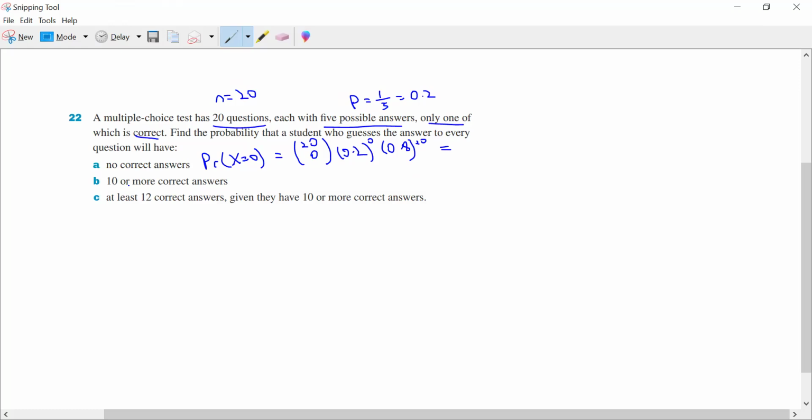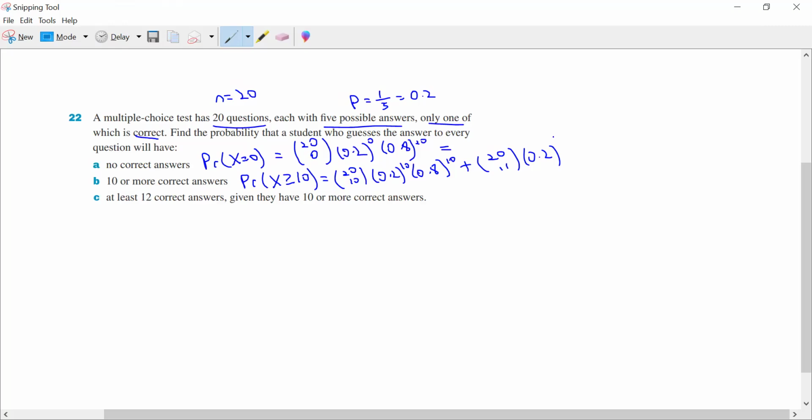The next question is the probability of 10 or more correct answers. So in this case, it's going to be an inequality. So X will be bigger than or equal to 10. And essentially that means 20 choose 10, and then we have 0.2 to the power of 10, and 0.8 to the power of 10, and then plus 20 choose 11,